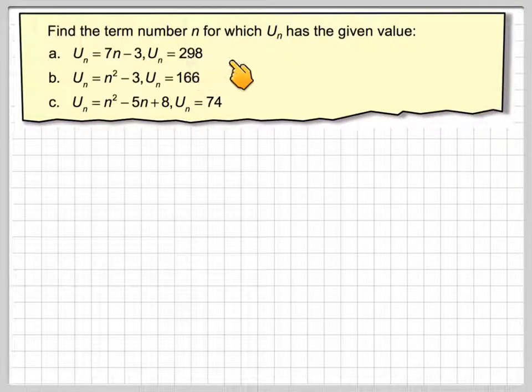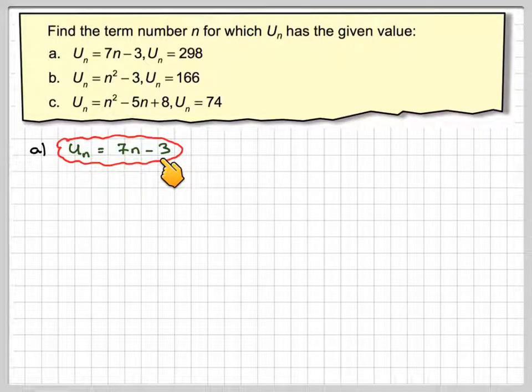Find the term number n for which un has a given value. So what we've got here is the term for the sequence, a particular sequence, and we've got to come up with the value of n. So in part A, we've got un is equal to 7n minus 3, and we've got that un is 298. So what we do is we take 7n minus 3 and put it equal to 298, and then just